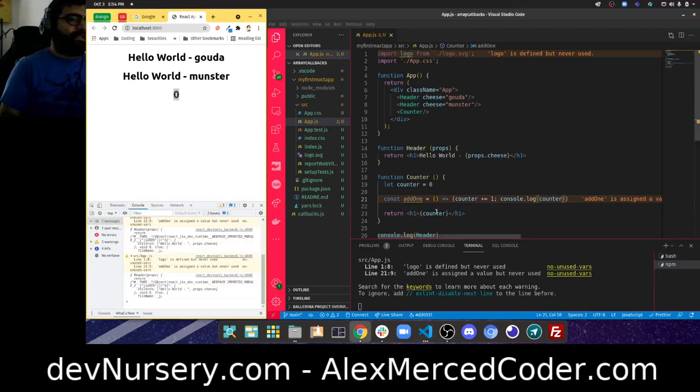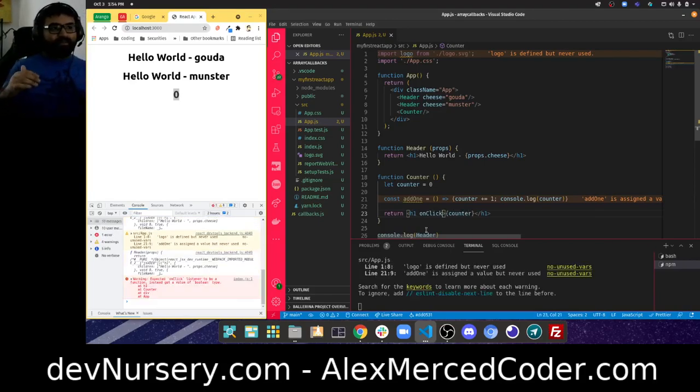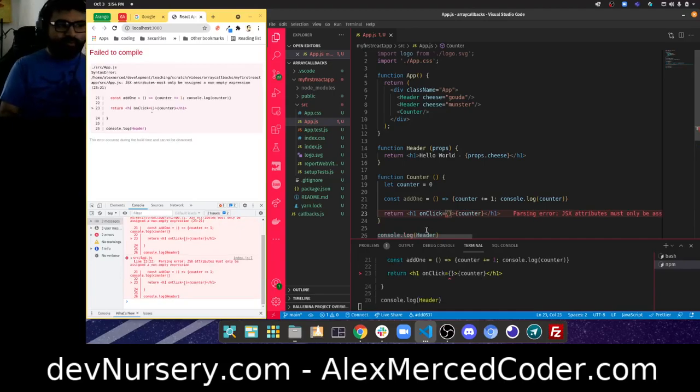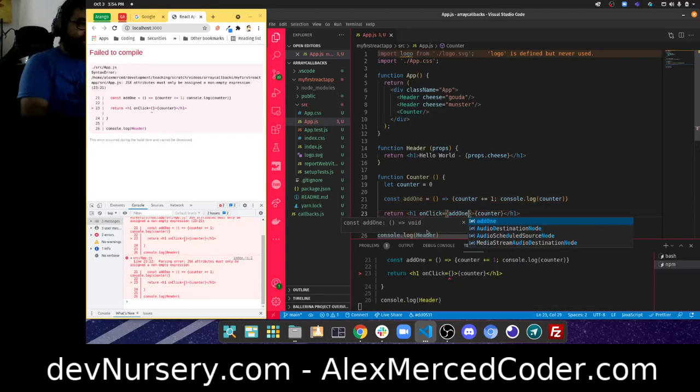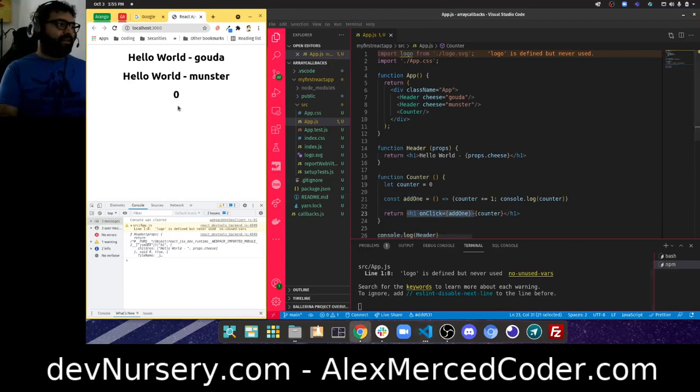Okay, so this is a function, and I want this function to happen anytime I click on this h1. So I would sit here in the HTML tag and do onClick. Notice, unlike HTML, I don't type it all in lowercase letters. For React, you want to do it in camel case for events. And to pass it the function, I'm going to use curly brackets and pass it the function I want to run when I click on that thing. So this just means anytime I click on this h1, run this add1 function. So if I click on it,